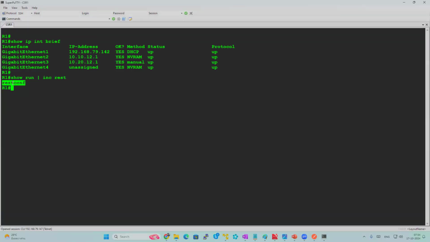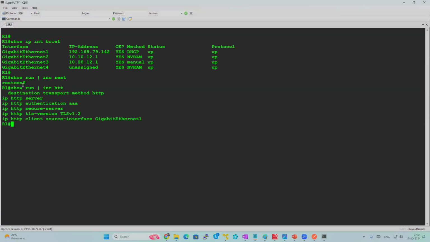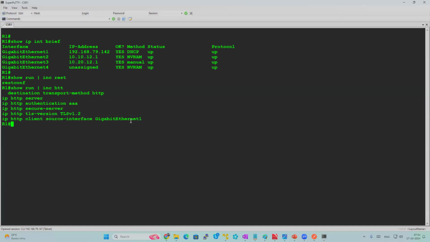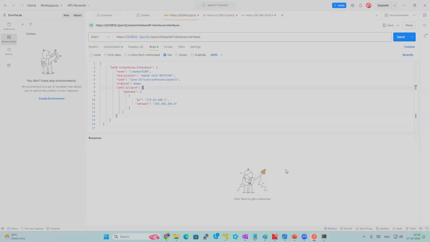You can see RESTCONF is configured, and your HTTP should also be there. So you can see HTTP is also configured, secure server. A few things you have to configure here that I'll explain to you in the class when you join, what exactly you need. But once it is done, then you can go to Postman and you can just simply send this request. All I need to do here is click on this send button, and I should get a message